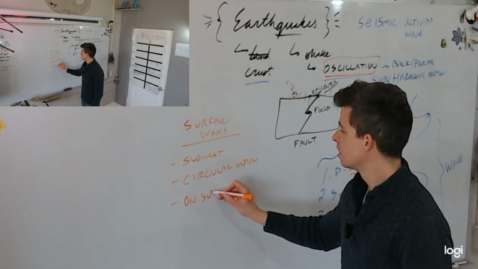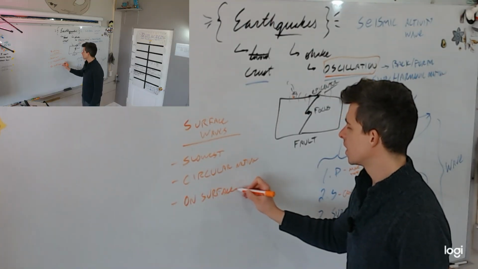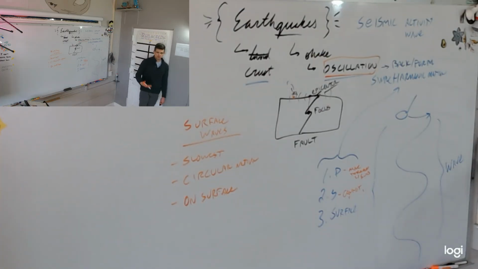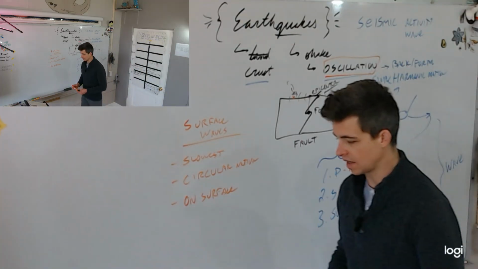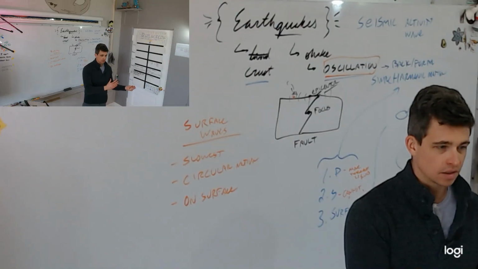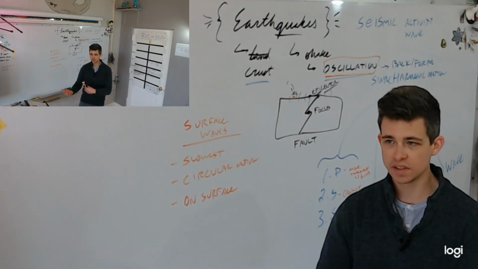on the surface. And I'm not going to write this down, but can you guess which of these causes the most damage historically and usually to human surface waves? Yeah. If you can imagine buildings built by human beings, because that's who does this, being caused to roll as if they are on the ocean, that's not usually good for the building. Now, how do we get around that? That's the next part of the lesson, really: how do we measure the magnitude of an earthquake, and how do we prevent damage from earthquakes?